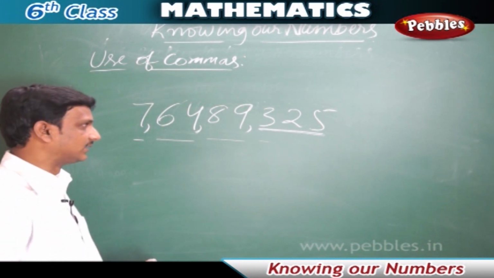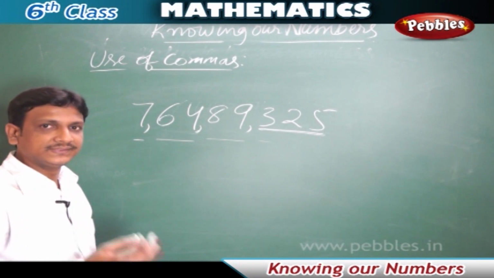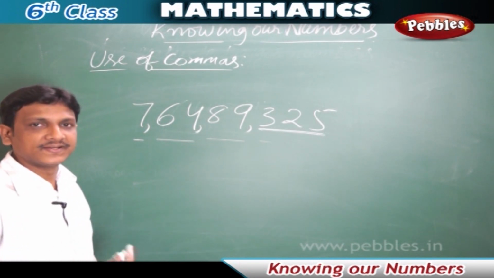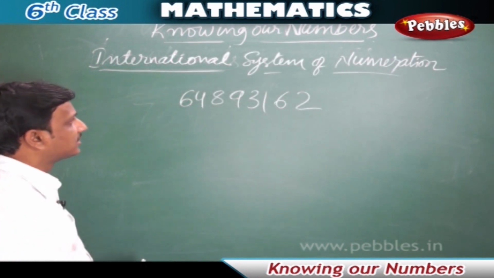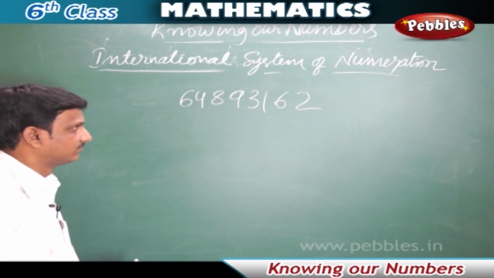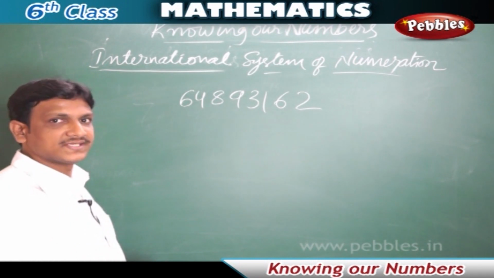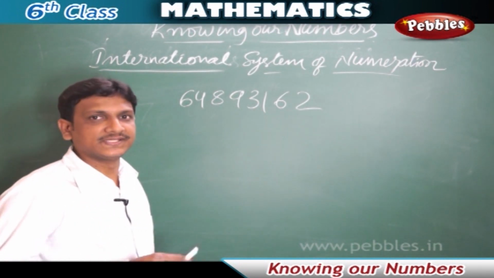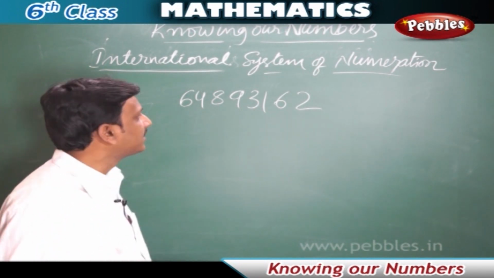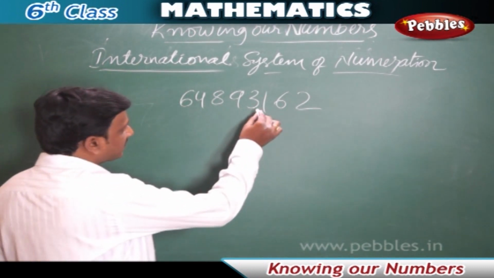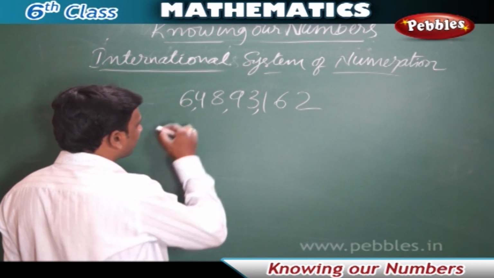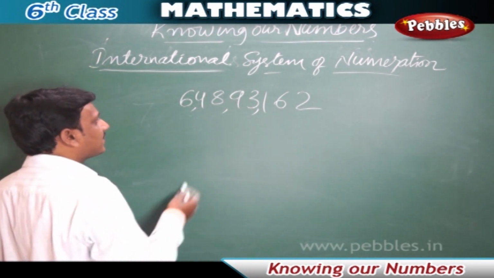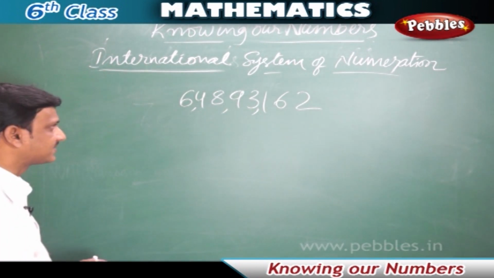The use of commas makes it easy and convenient to write and read large numbers like this. International system of numeration. The way we write and read the numbers in our country is different from other countries. Here in our country, we keep the commas after 3 digits from right, then after 5 digits and after 7 digits, and we read this number as 6 crore 48 lakhs